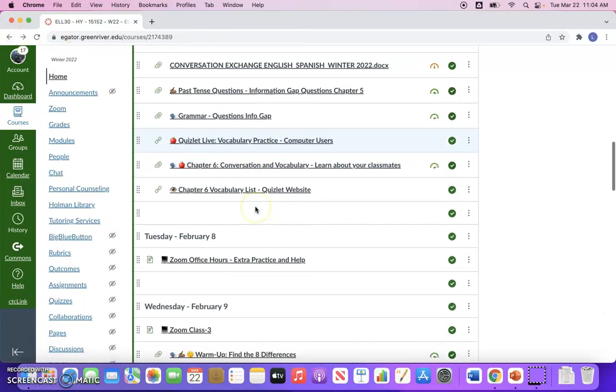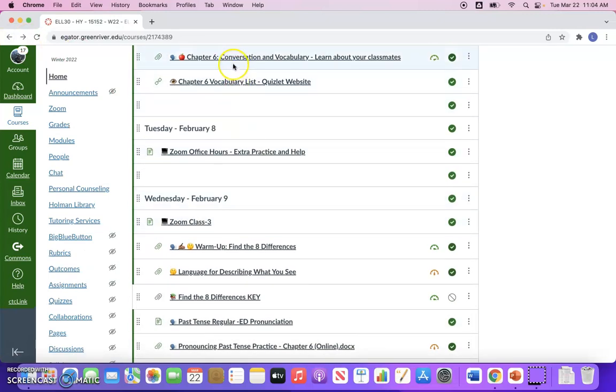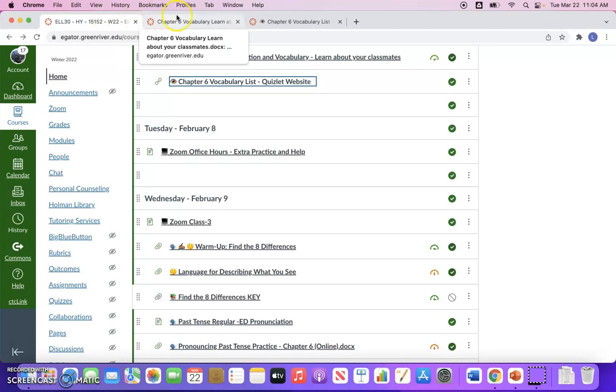So we're going to go back to the Canvas. We want to look at this document and this page together. Now I'm going to open all of these together, and I want you to watch up here at the top as the tabs open. So I'm going to put my cursor on this, and then I'm going to open it. And you'll notice there's a new tab here. There it is. But I also want this one. And there's a new tab there. So now these are all open in the same page.